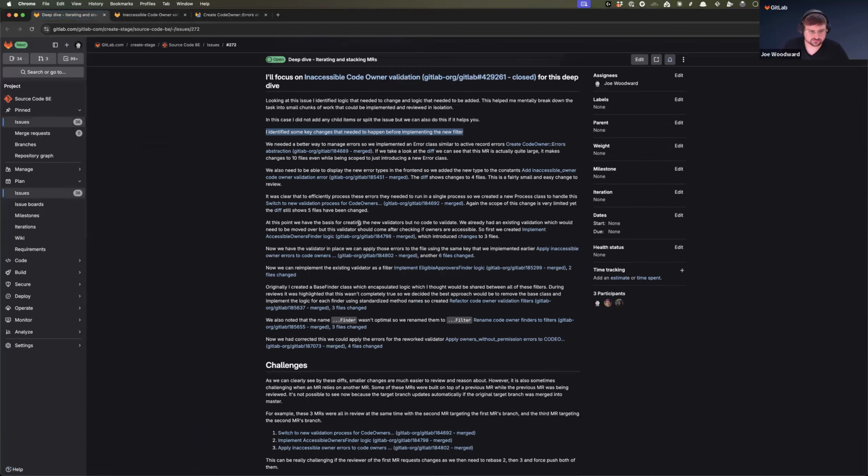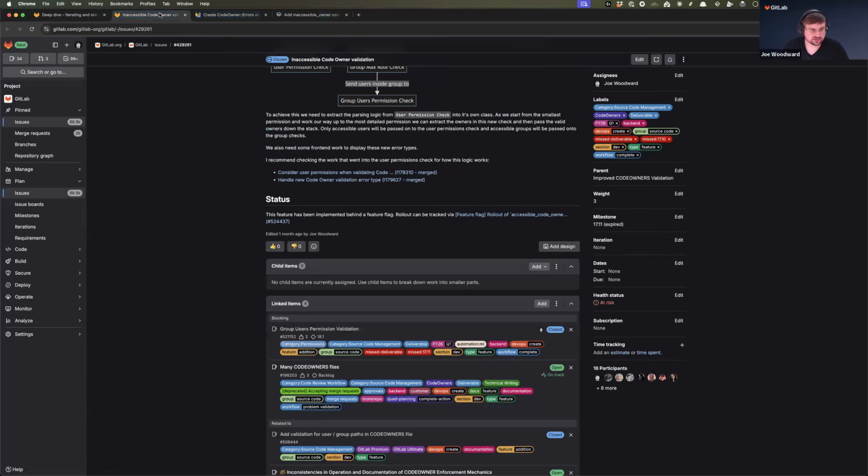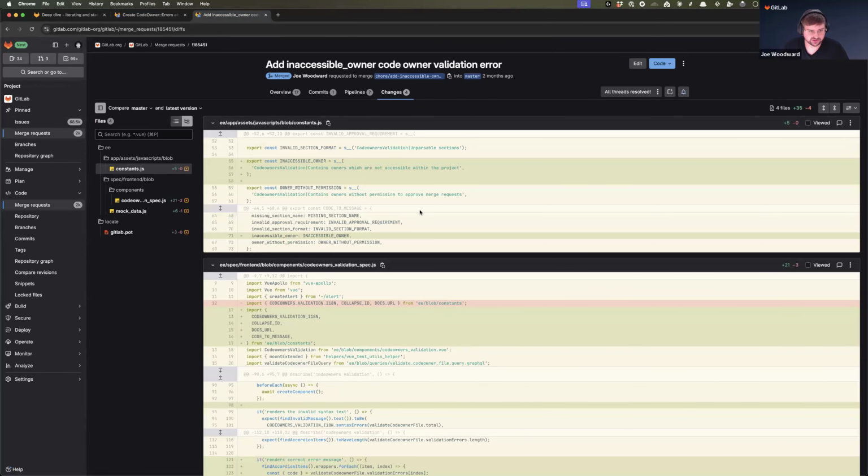Where have we gone? And then following on from that, we needed to be able to display, so we're adding a new error, which is the inaccessible code owner. So we needed a way to actually supply that to the front end so the front end could render that. So I created a second MR, which simply adds the constants